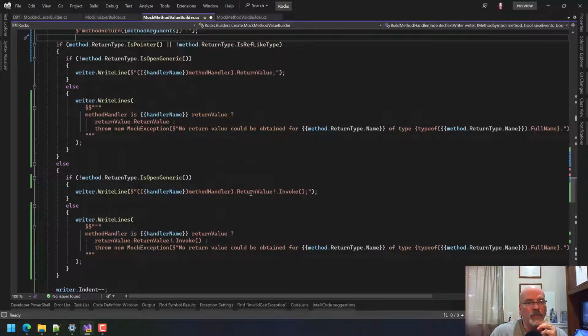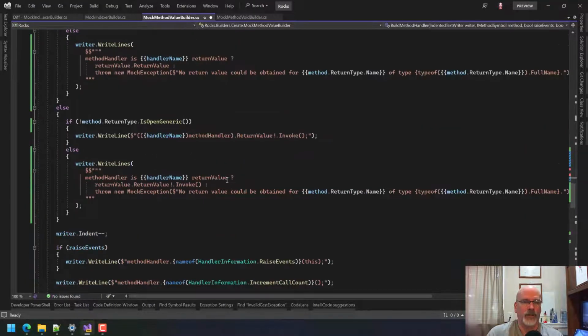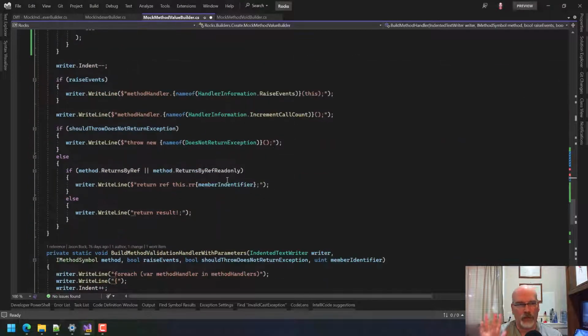Arguably here, we're just saying, here's the return value. It's actually a Func or Action. We just say invoke it. So the same thing here. We don't have to worry about the arguments. We're just saying you gave us something back as a handler. We're going to call that and then do that. So yeah, there is some repeated code here. I don't deny that, but I wanted to get the concept in my head out first. So I'm going to leave this.